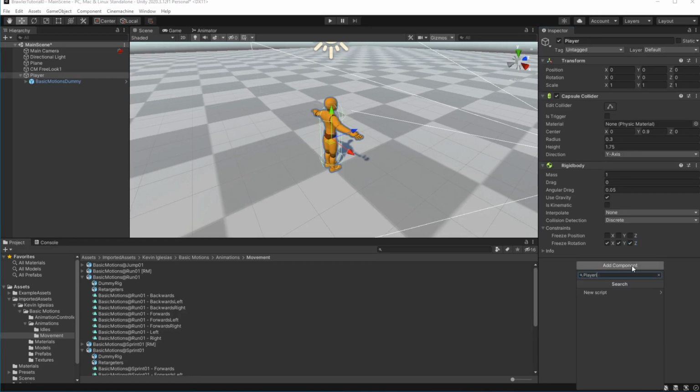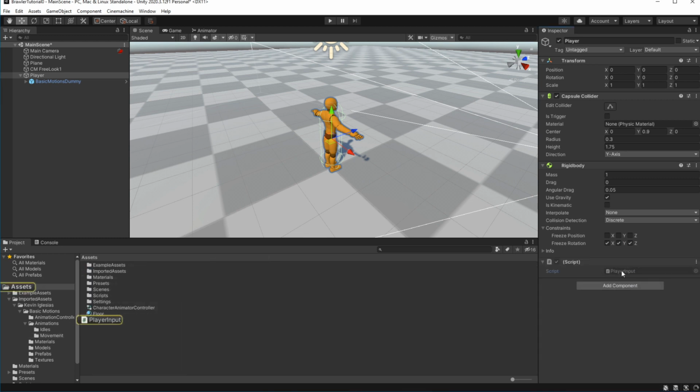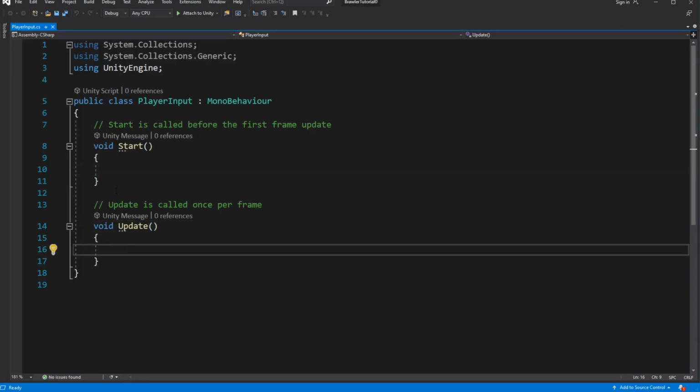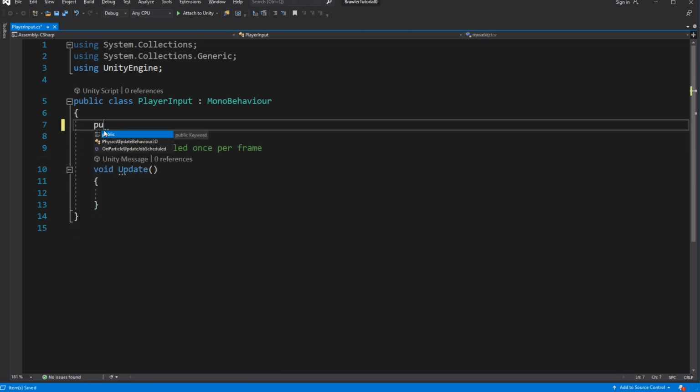Create another new script called PlayerInput. This script will be responsible for reading the player input. Inside, create a new public variable called moveVector of type Vector2.